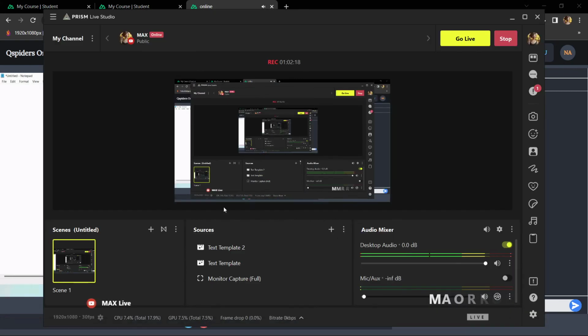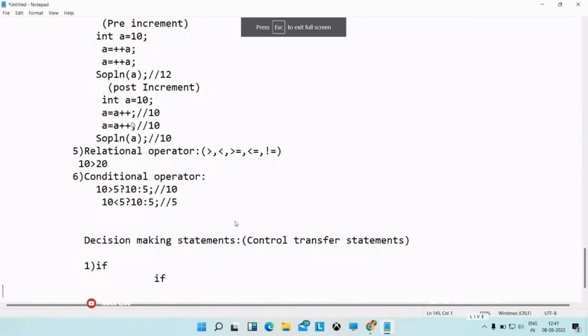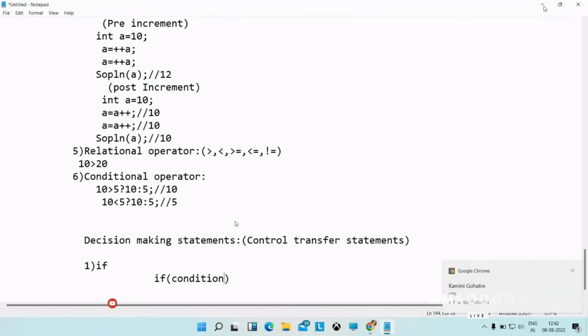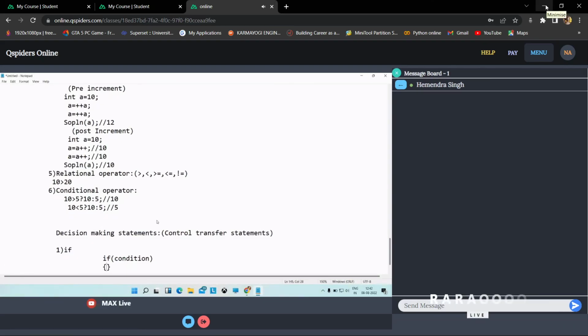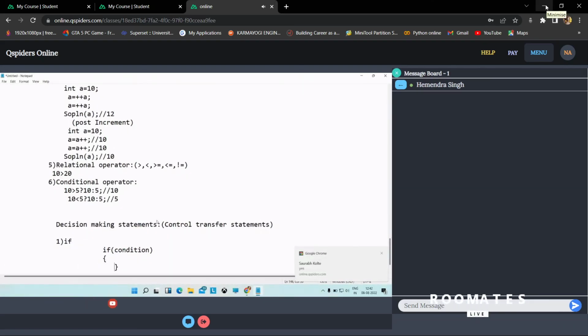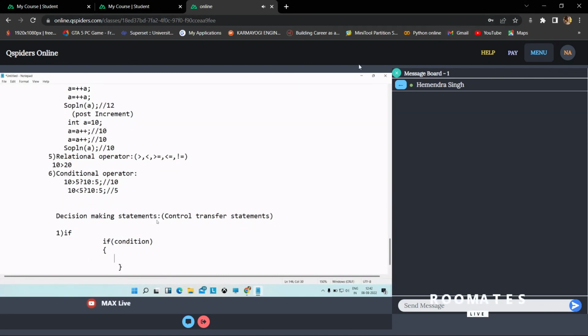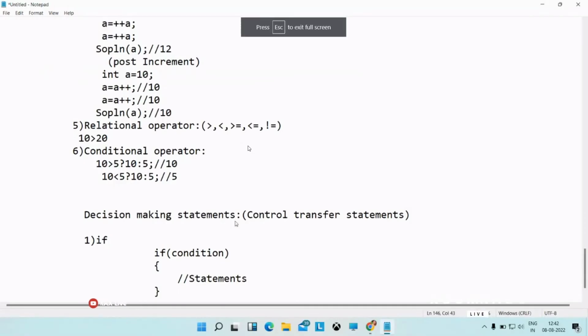That's it. That is if. So we already know the syntax for if. If followed by condition. And inside this we will write statements. The statements will get executed only when the if block condition returns true, then only these